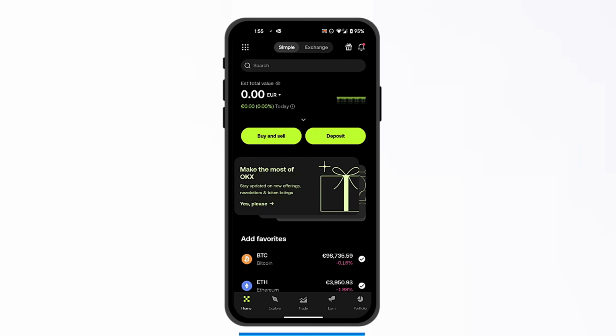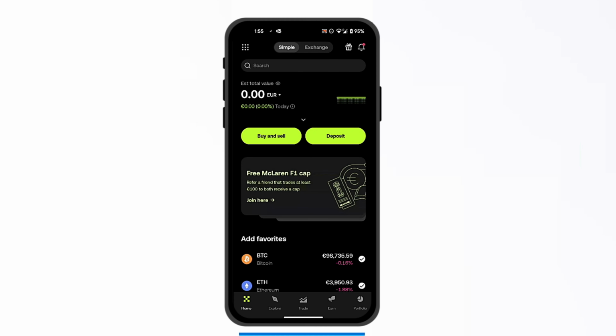So once you first install OKX, you're going to have to create a new account, and during that verification method, you're going to have to add your ID and your Face ID. Once you do that and make sure it's all set, then it will allow you to add cash deposit directly